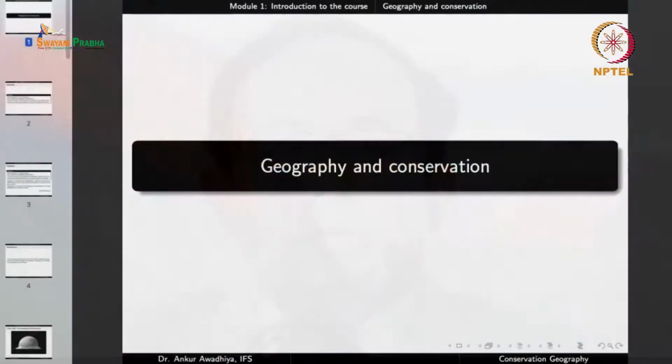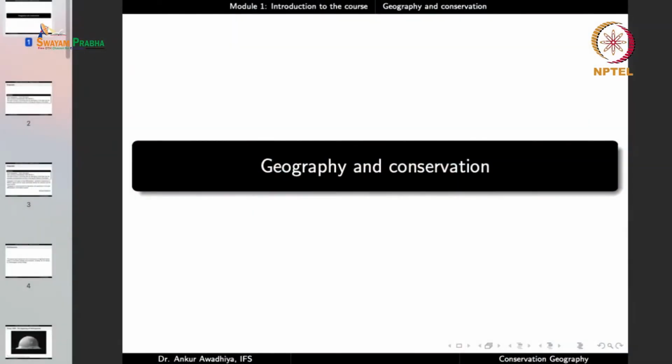Namaste. We carry forward our discussion on the introduction to the course, and in this lecture we shall have a look at geography and conservation. Now, in the last lecture, we observed that conservation means to keep something together, and conservation has become very important